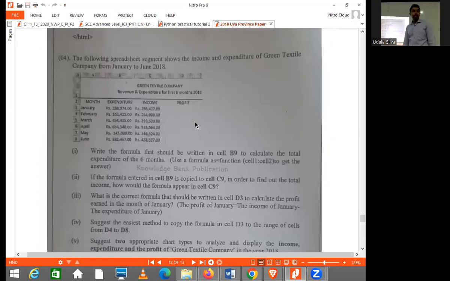Then fourth one. The following spreadsheet segment shows the income and expenditure of Green Textile Company from January to June 2018. January to June 2018 today. Yes. ඒකට you will be given